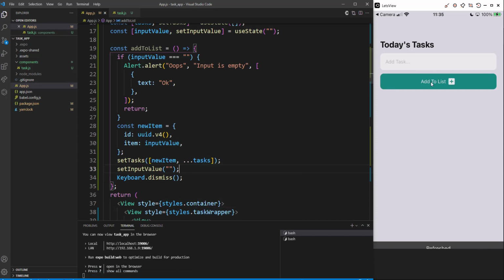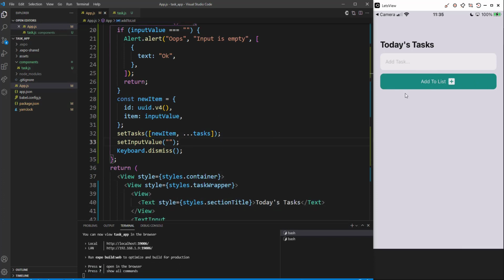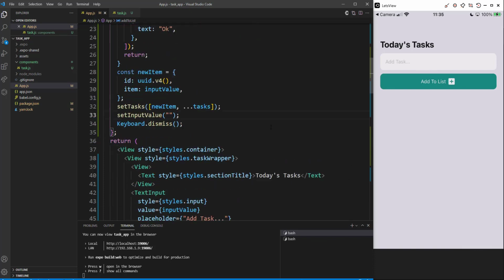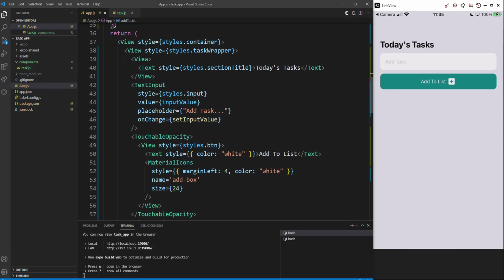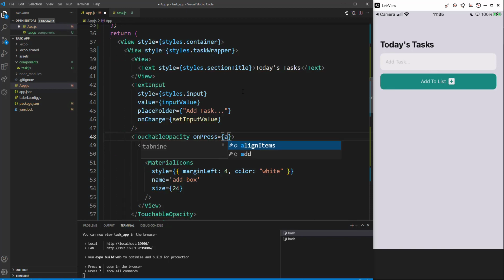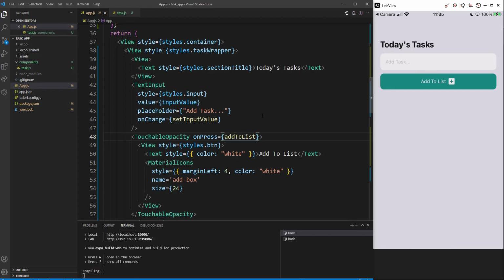Now, we want to assign this function to the add to list button. So we scroll back down to the TouchableOpacity down here, and we're going to say onPress is going to be equal to that function. So we say onPress is equal to addToList. Okay,